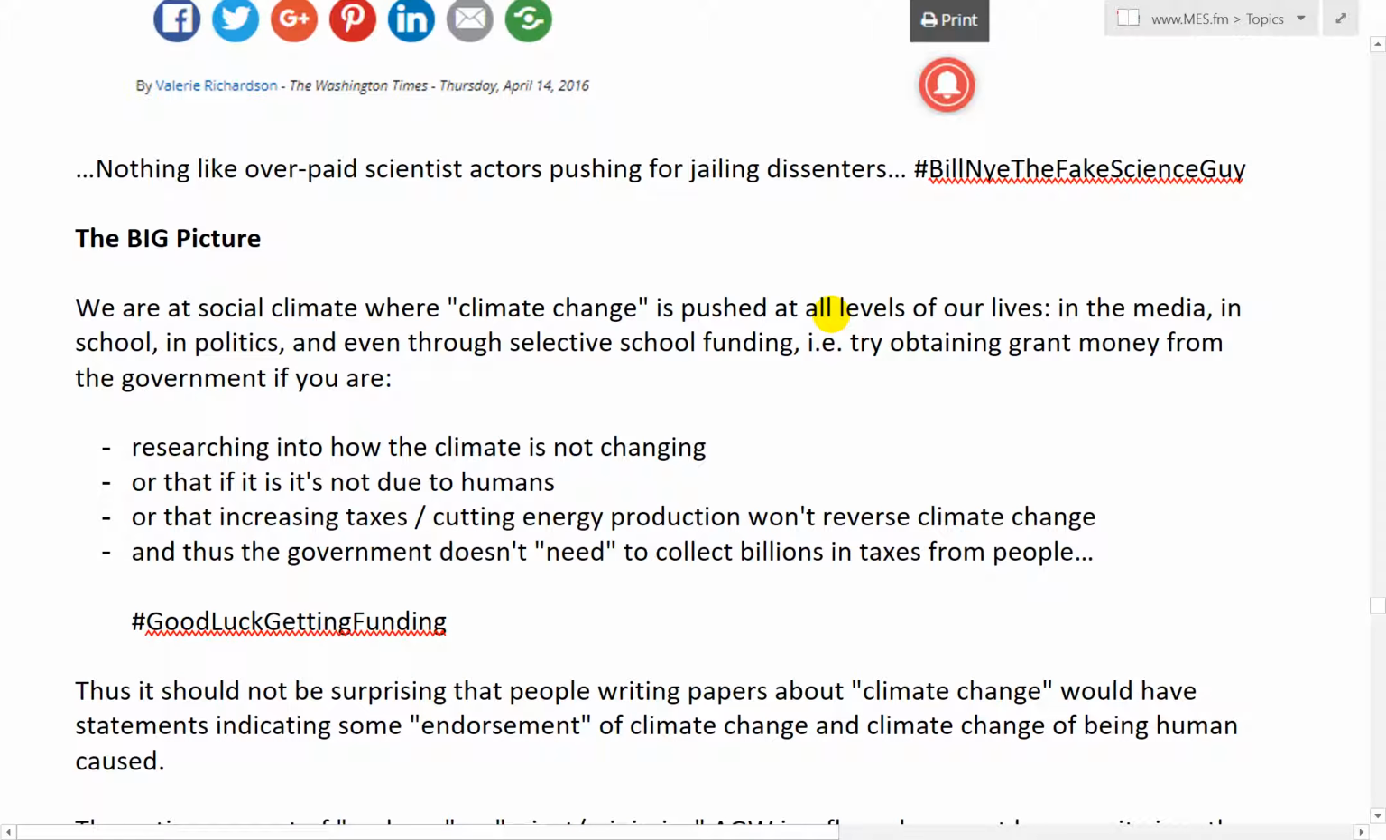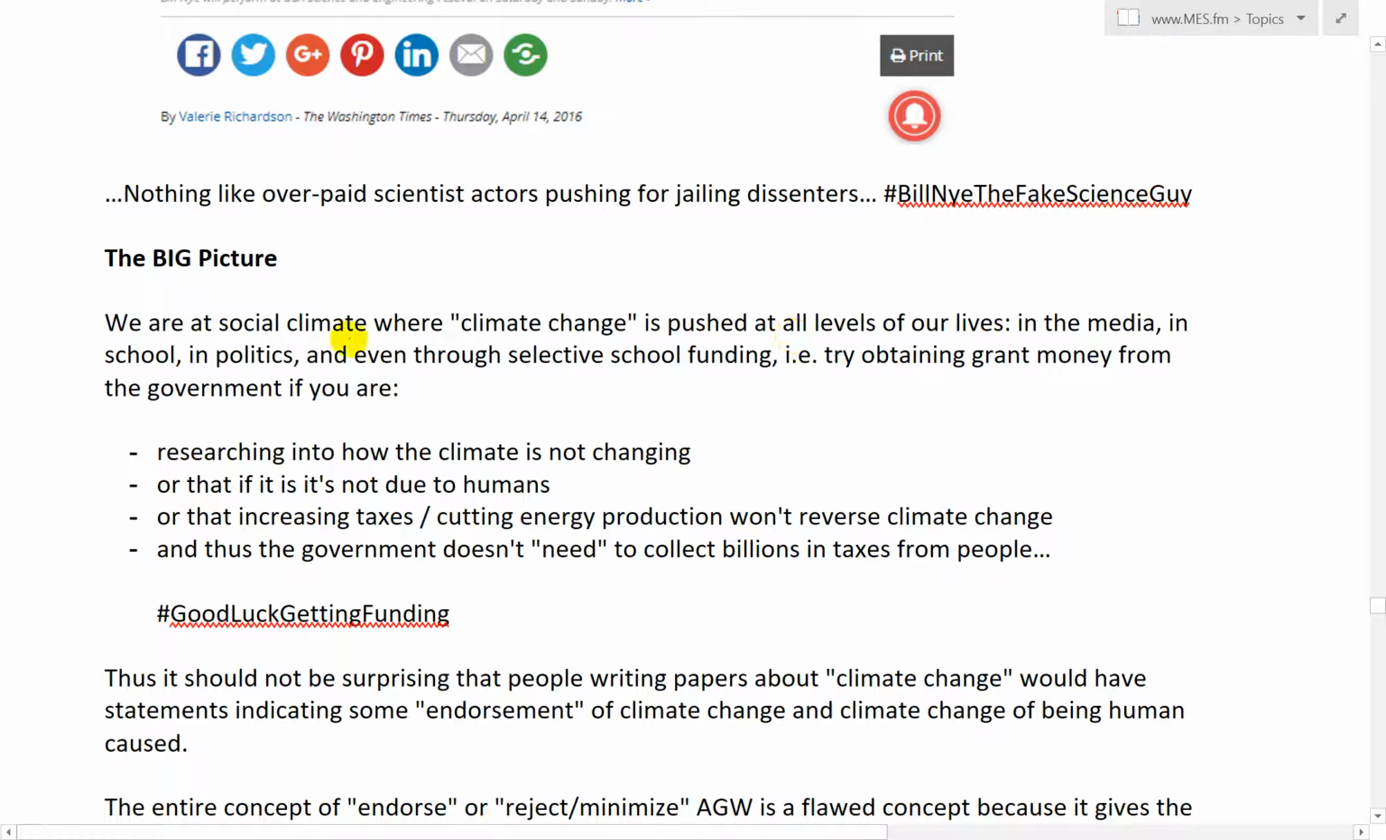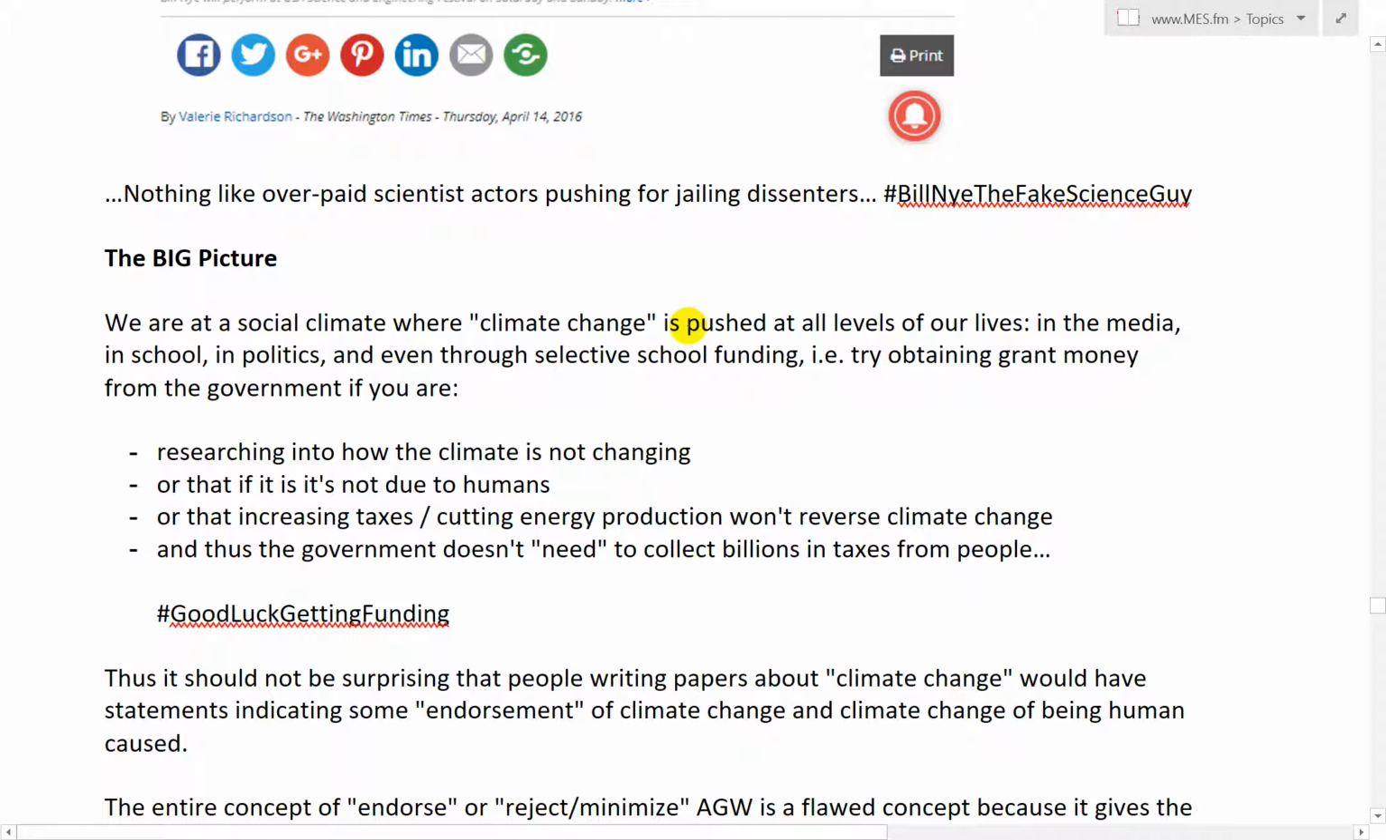But now let's look at the big picture, whether AGW is real or not. I'll show you the big picture. So we are at a social climate where climate change is pushed at all levels of our life, in the media and school and politics, and even through selective school funding,